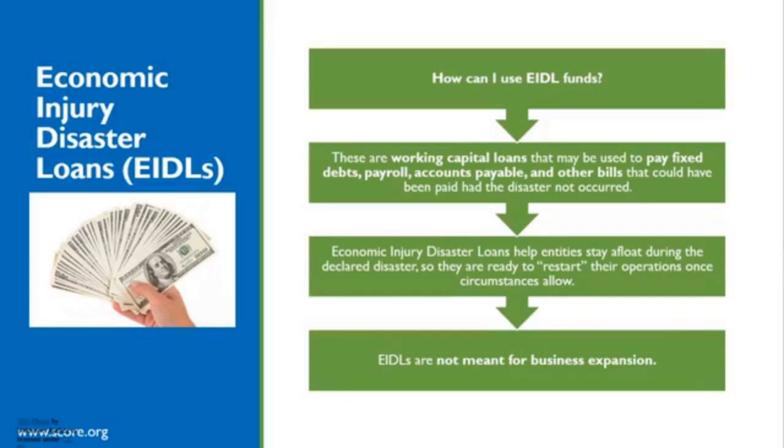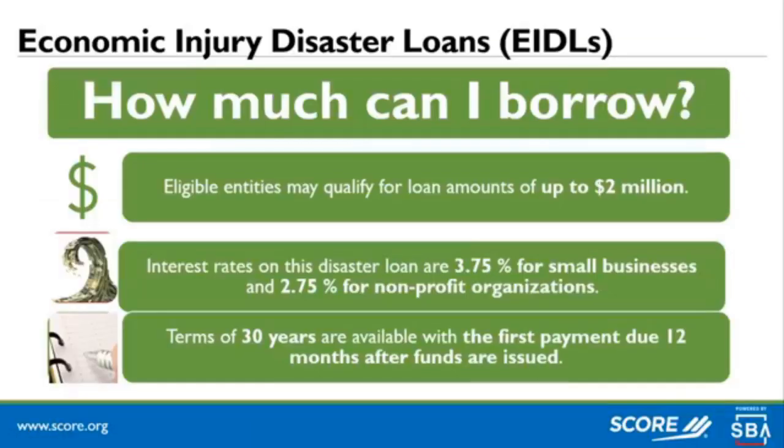So on to the next slide, and we talk a little bit more about how much you can borrow. The eligible companies can get up to $2 million. And here again, it's a function of what you visualize as your demand during the period. So you need to start looking at the application and start putting together your numbers from your accounting system to be able to do that.